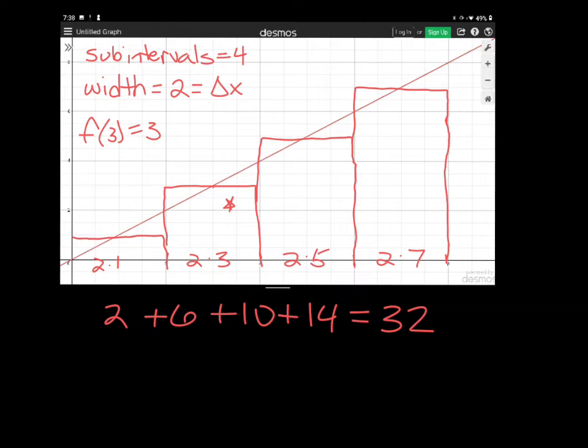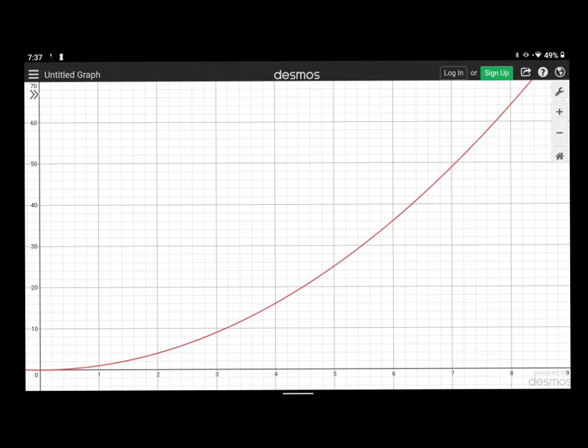So let's take a look at a little bit more of a complicated situation. So here's a new function. This is x squared. And we're looking at it only on the interval from 0 to 8. And now keep in mind what we're trying to do. We're trying to find the area under this curve, or at least estimate it right now. And how are we doing that? Well, we are making little rectangles, finding their areas, and then adding them up. And that's our idea. Now this is obviously going to be a little more challenging because we don't have this